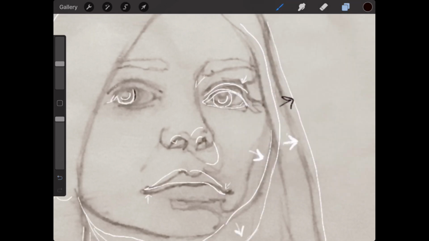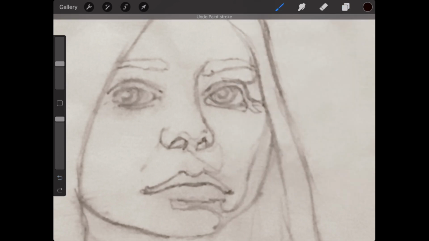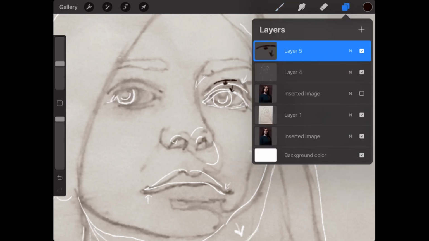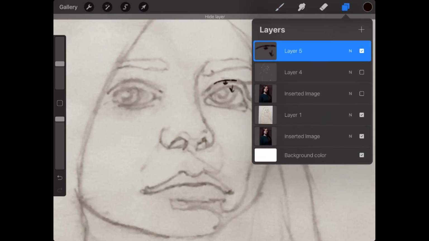And also you might consider dropping this line down a little bit. With regards to this eye, you have your eyelid crease up here, and it needs to move down, and pretty much all of the eye needs to move down by about that much. It seems like you have the tear duct in the right spot.